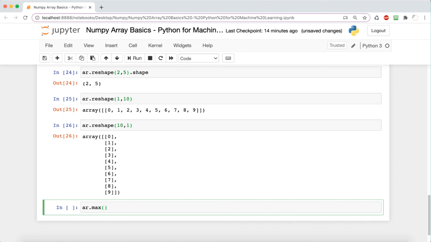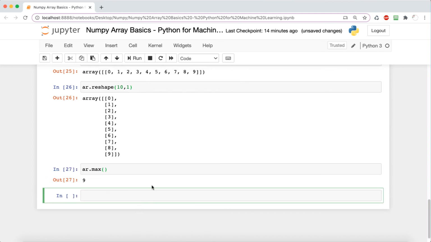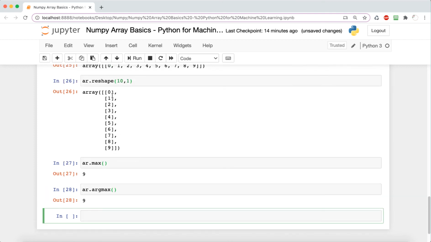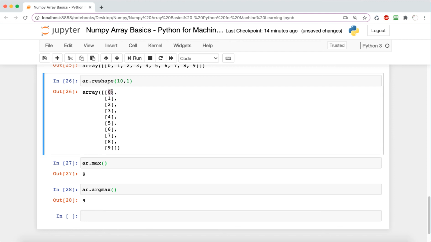So here are just a few more functions that are pretty handy. This one is self-explanatory. It finds the max in your array. So in this case, that is 9. And then we're also going to do the same thing to find the index of the max. In this case, it's also going to be 9 because our indices line up exactly with the numbers paired with each index.